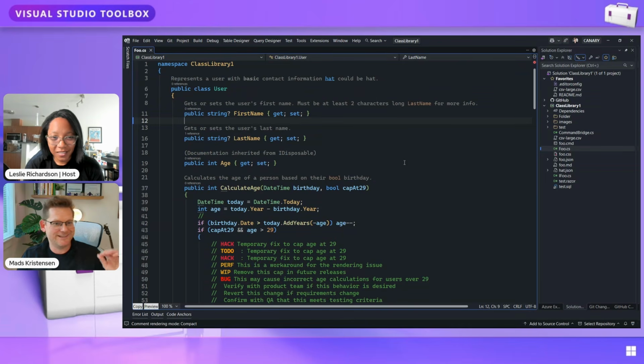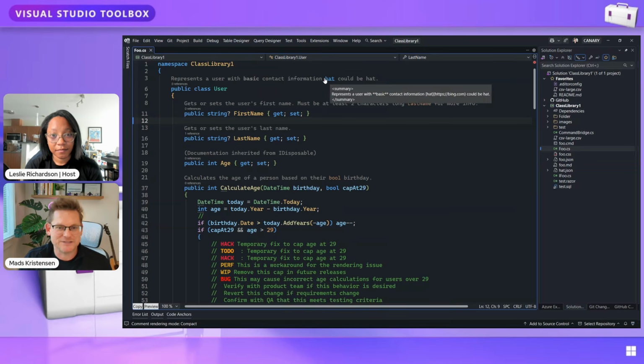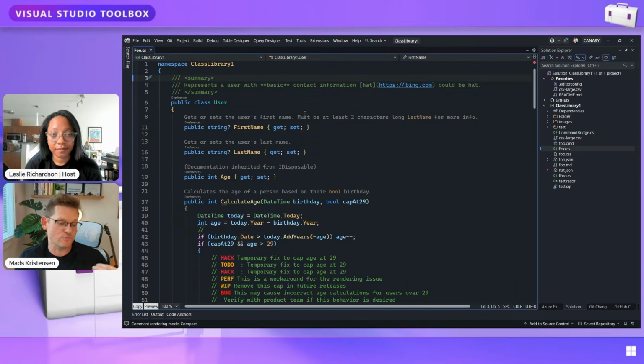So now XML comments become this kind of grayed out line that sinks in the background a little bit so that more focus is on the code. And if you want to change anything, you see it even renders links and stuff. This is not something that's normally supported in XML comments, but it is with this. And I can always just double click on any one and it goes back to the raw source mode and I can make any changes I want.